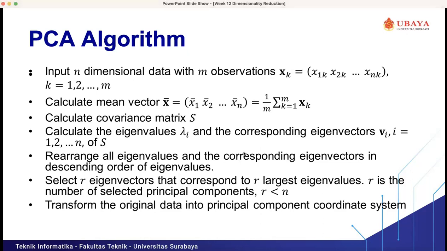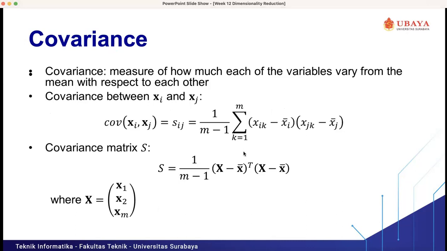We can go to the next slide first. So how to calculate the covariance matrix? Covariance measures how much each of the variables varies from the mean with respect to each other. For example, we have two features, xi and xj. Then we want to calculate the covariance between these two features. Covariance of xi, xj equals Sij, and Sij equals 1 divided by m minus 1, and we calculate the sum of